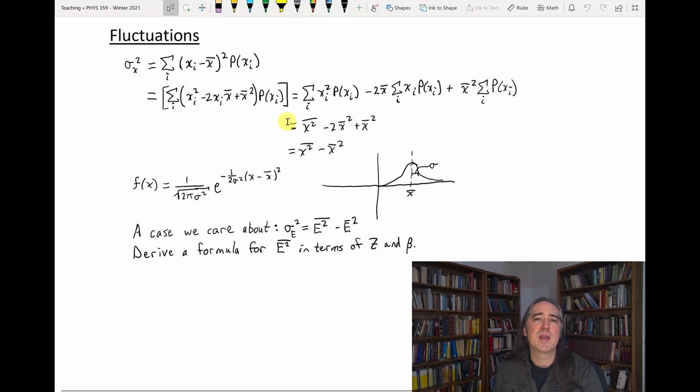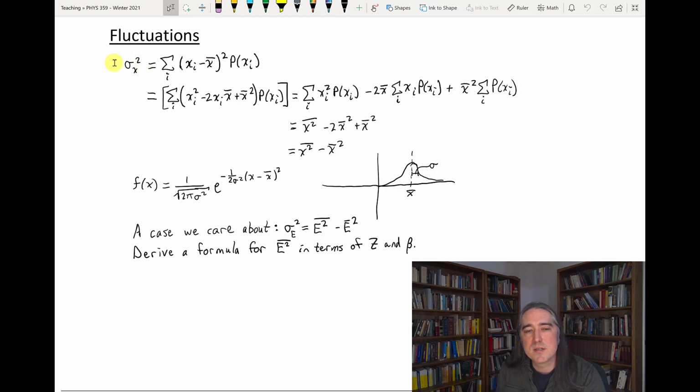We've got the average value of x squared rather than the average value of x. Here we do have the average value of x, so this is 2x bar times the second x bar minus 2x bar squared. And lastly, we know that the sum of the probabilities has to equal 1. The chance that something is picked is 1. So x bar squared, these guys, there's some canceling, and we end up with this very nice result, which is